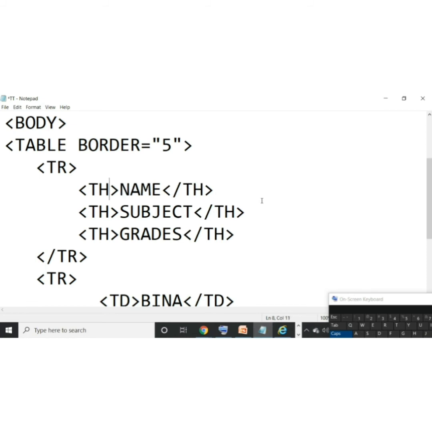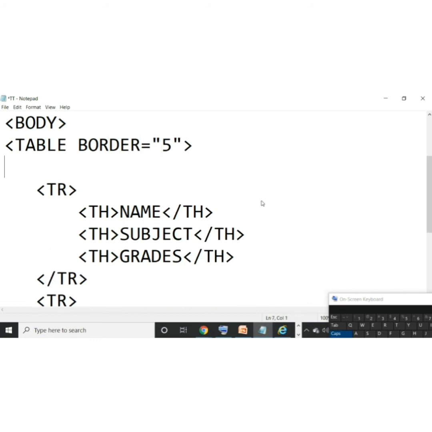So girls, if you want to change the thickness of the border, you can change the value, and the thickness of the border can be changed. Now if you want to give the caption, that also you can do. How? Simply by writing caption. Caption means something that appears on top of the table. So if you write here caption,